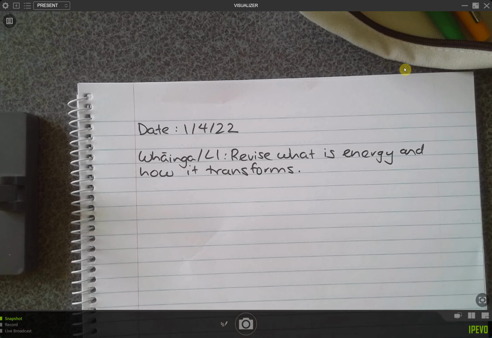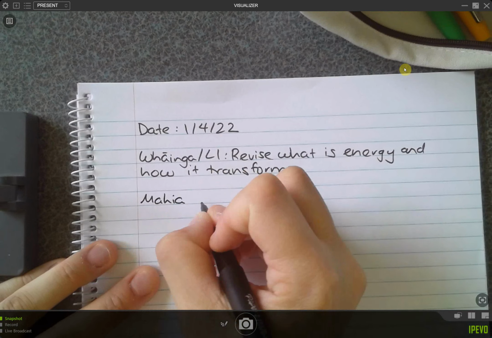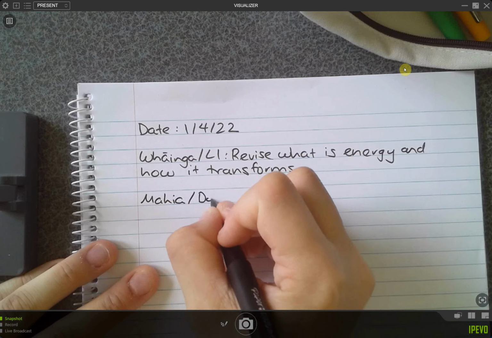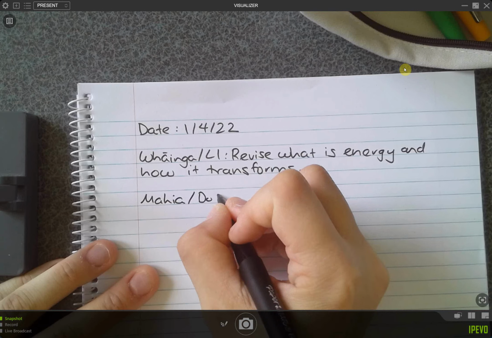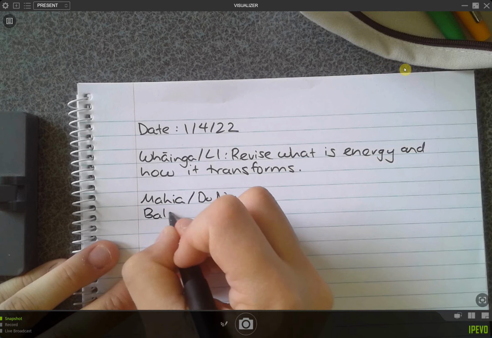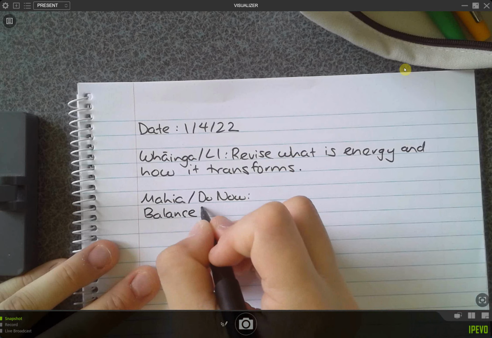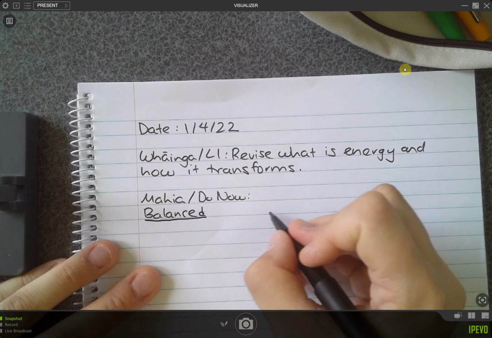All right. So, do now, today we were thinking about those motions we talked about yesterday and classifying them as balanced or unbalanced. So, I'm going to write down do now so that we know what our do now is. And I'm just going to create a list so that way it's nice and easy. So, remember, with the do now, I don't need you to copy down the question.